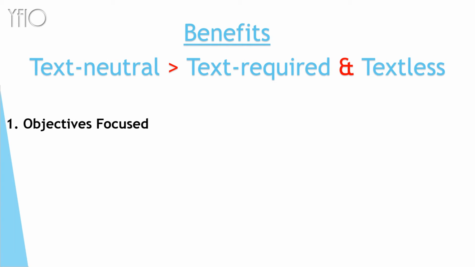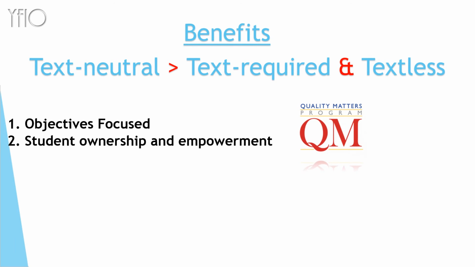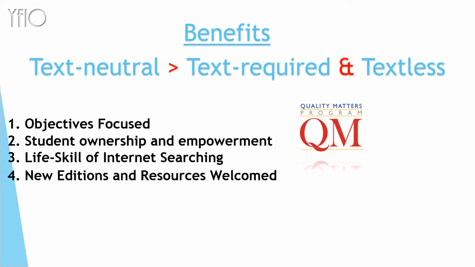The students know exactly what they are to learn at all times, and this more closely follows the second quality matters standard. 2. There is more student ownership of learning, and students have the tools and resources to be successful at this. 3. Internet searching is a life skill that we all use now, and this format strengthens that skill. 4. When new editions of text and resources appear, they are instantly welcomed rather than feeling bound to a text